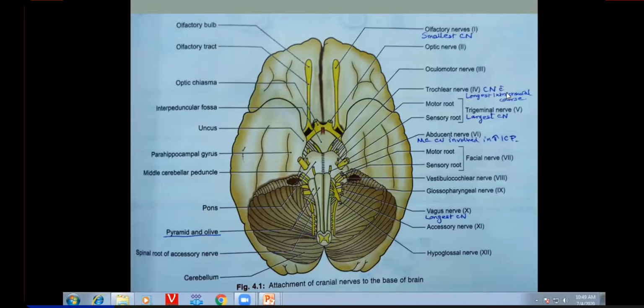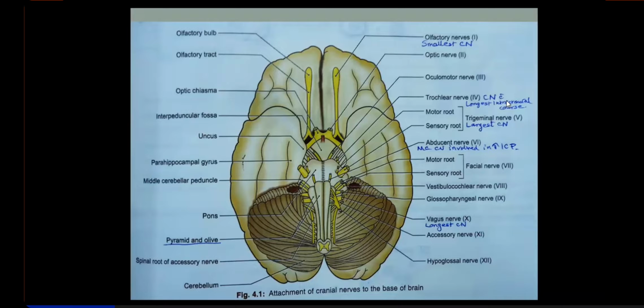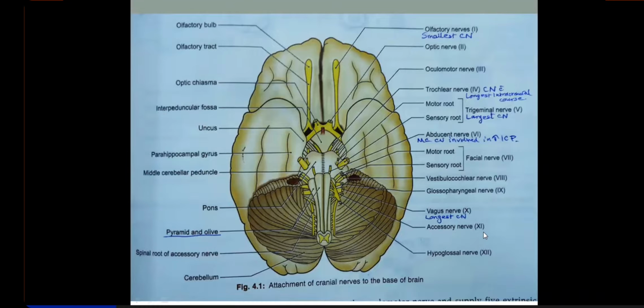First of all, now you'll see we are talking about cranial nerves, right? So we need to have an idea about the cranial nerves. First of all, how many cranial nerves are there? You know very well, it is taught in your primary schools that there are 12 pairs of cranial nerves. Out of them, the first and second, the olfactory and the optic nerve, arise from the forebrain. And the forebrain is the prosencephalon, and it is divided into telencephalon and diencephalon.